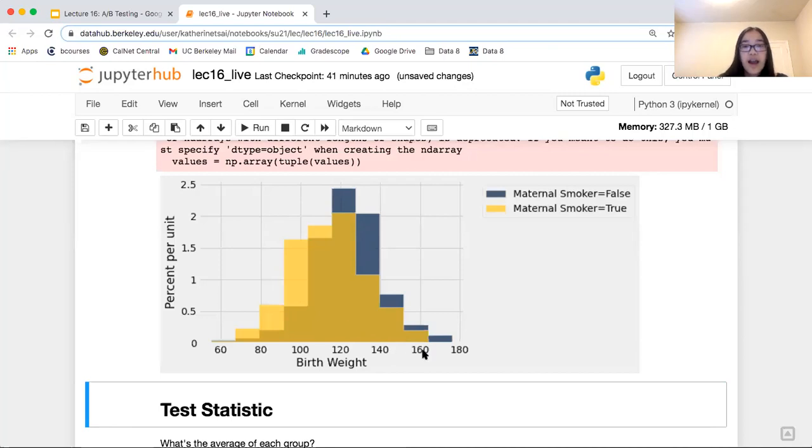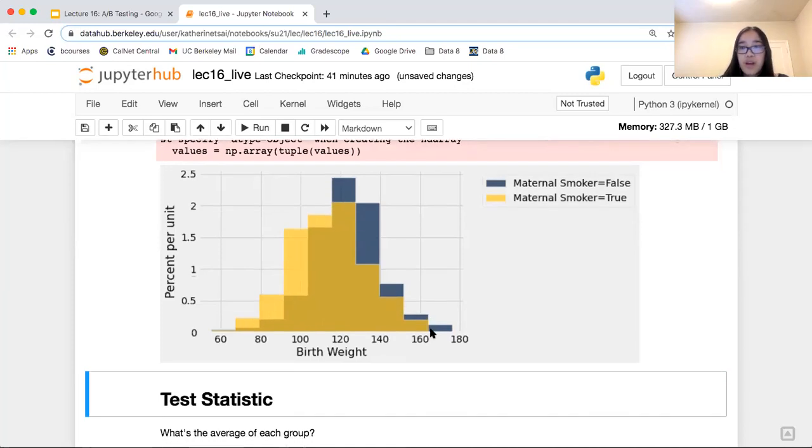So you can see how this yellow histogram is those mothers who did smoke, and then the blue histogram is mothers who did not smoke. So if you notice, that yellow histogram is a little bit shifted lower than that blue histogram. And we want to see, did this happen just by chance, or is there something else going on? Okay.